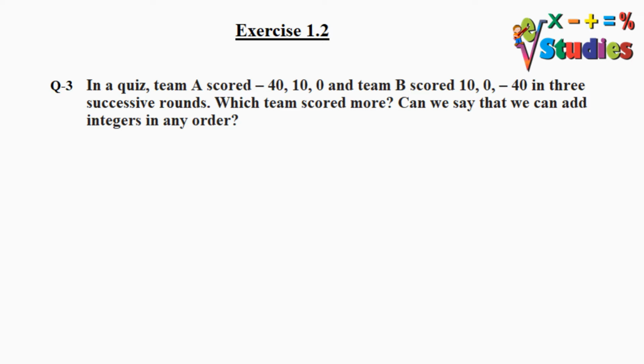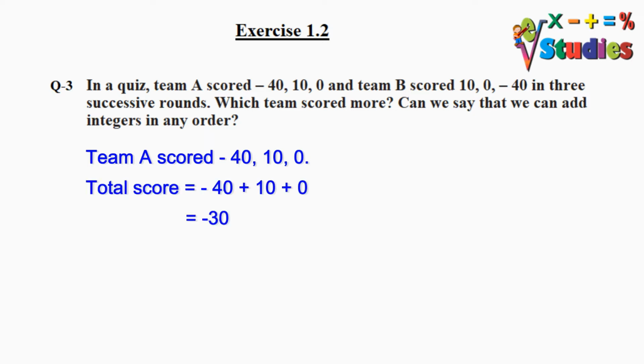Which team scored more? Can we say that we can add integers in any order? As we understand, we need to add the integers for team A and team B. So let's start with team A first. If we add the score of team A, that is -40 plus 10 plus 0, it will give